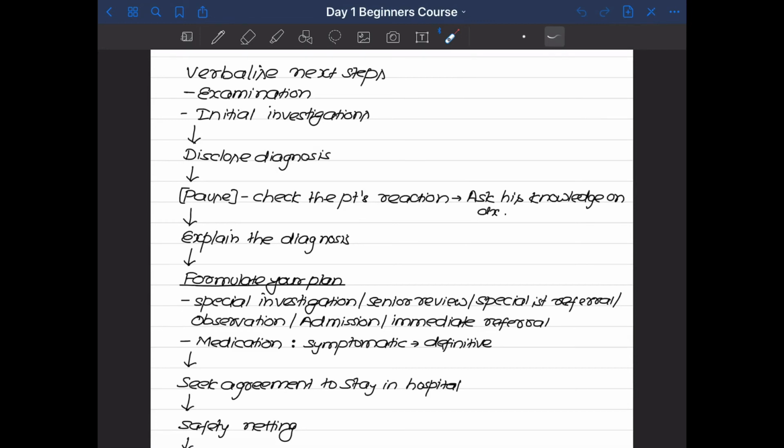First of all, physiology, pathology, symptomatology. So you'll say, Mr. John, normally when the sugar level in the blood goes high, there is a gland called the pancreas in our body which releases insulin. This pushes the sugar into the blood cells for storage and energy. In your case, you have type 1 diabetes mellitus, which means the pancreas doesn't make enough insulin and thus cells start